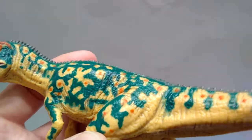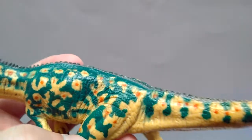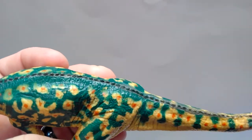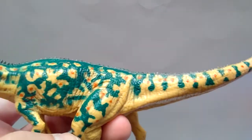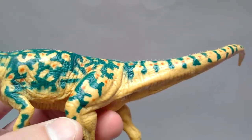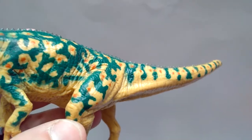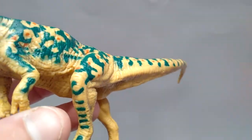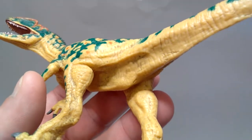Beautiful skin texture as well. You can really see the nice scaling right here in the upper part of the thigh. And the hip bone is fairly nicely elaborated as well. Beautiful wrinkling here of the skin as the leg is pushing up into the body. Beautiful, very defined musculature of the thigh. Nicely sculpted knees. As we move down, you can really see some nice scaling going on here in the thigh,